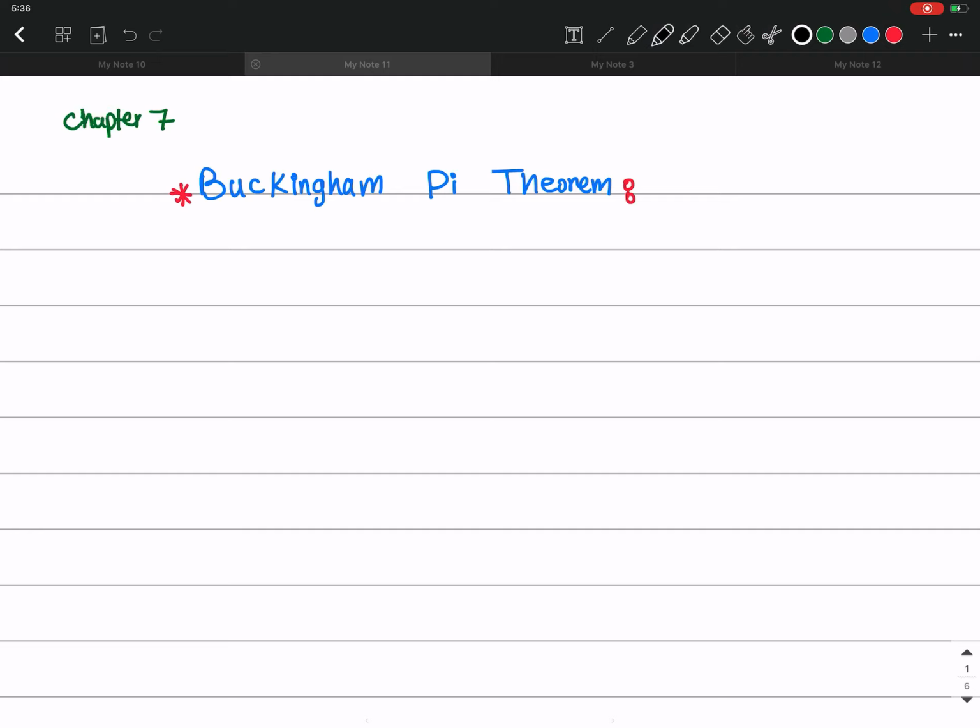Hello everyone. Today I'm gonna start Buckingham pi theorem, which is a theorem that we use very often in fluid mechanics problems to reduce the dimensions of the problems that we are investigating, and it gives a very good idea to develop some relationships for some problems in fluid mechanics, especially that the governing equations of fluids,